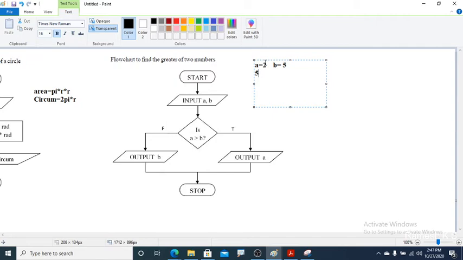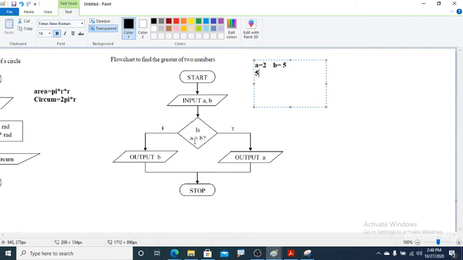We are comparing this element with that one, so this number is big, and we conclude that. So in order to find the greatest of two numbers, first we have to input the values, 2 and 5. 2 will be placed in A, that's why input A. 5 will be placed in B, that's why input B. The two values are inputted and accommodated in the two variables. Further we use the decision making symbol, the rhombus symbol. Is A greater than B? It is a question mark. Here we are checking a condition.